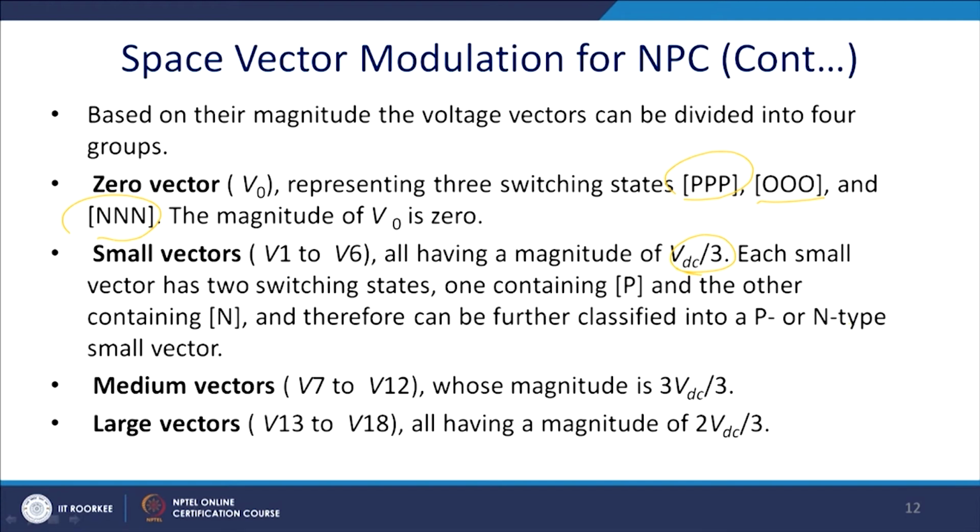Now, similarly, you have medium vectors, which are sometimes called half angle vectors, and we denote them from V7 to V12, and whose magnitude will be VDC by 3, at 30 degrees. And there will be large vectors, which were present in the case of the 2 level inverter also, and that value will be VDC